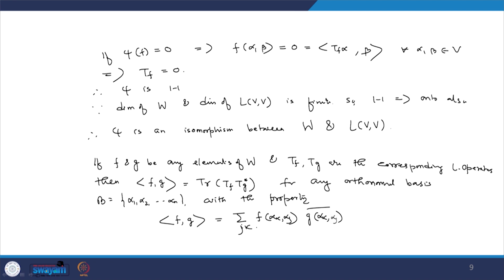This is equal to 1 to n. I mean j and k both variables are varying from 1 to n. The inner product of f and g can be written like this. The proof of this result is also very straightforward, since we know